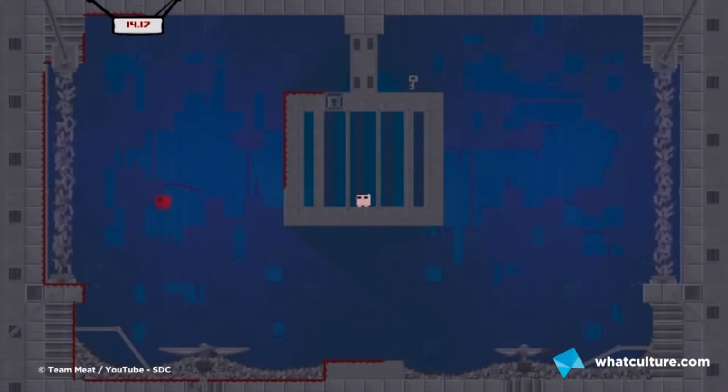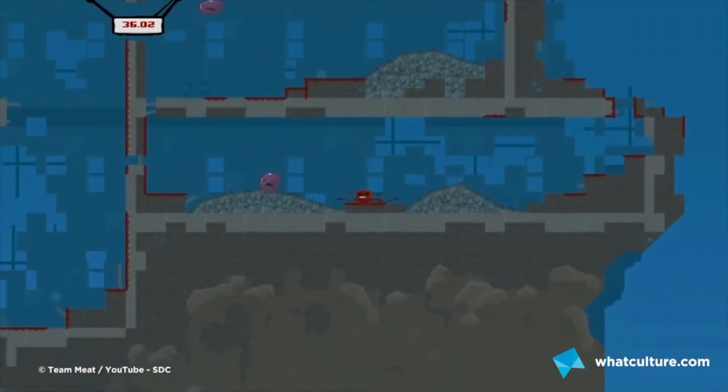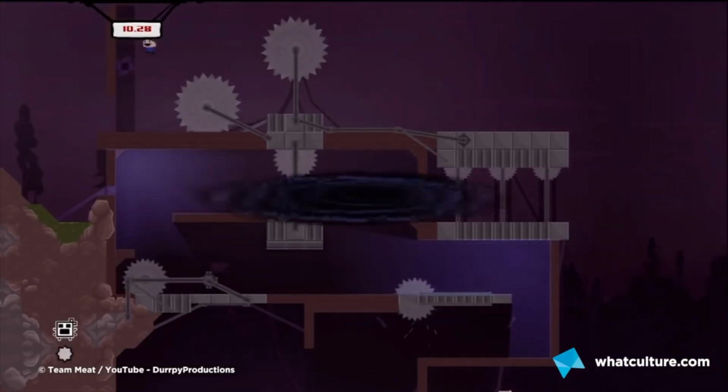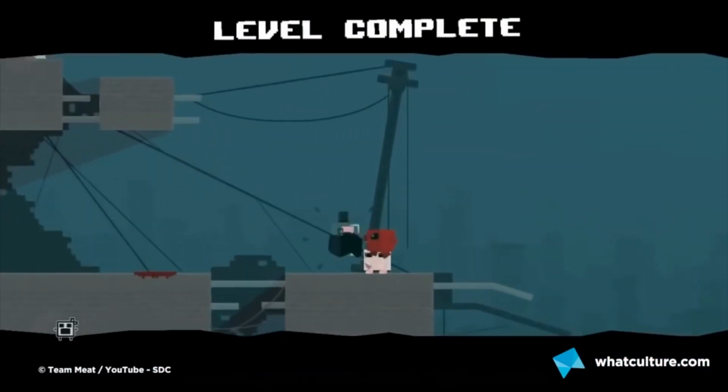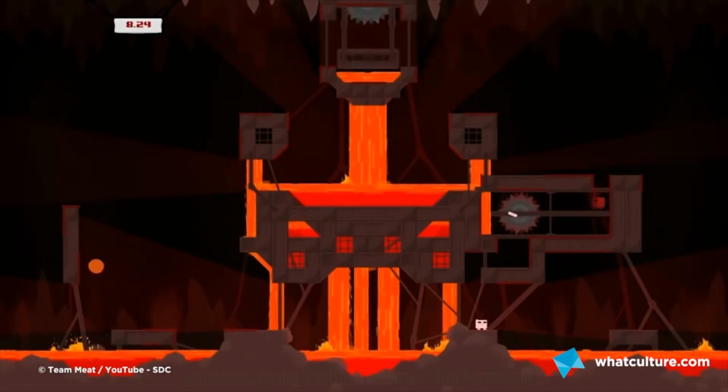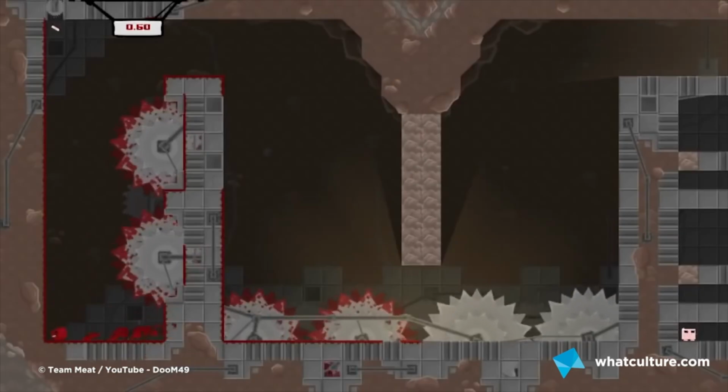The game's immediately fun to pick up and play for the first time, but there's also lots of reasons to come back time and time again, such as beating the warp zones, the dark worlds, getting A+ grade on all the levels, collecting all the bandages. There's so much to do. It also has an insane difficulty